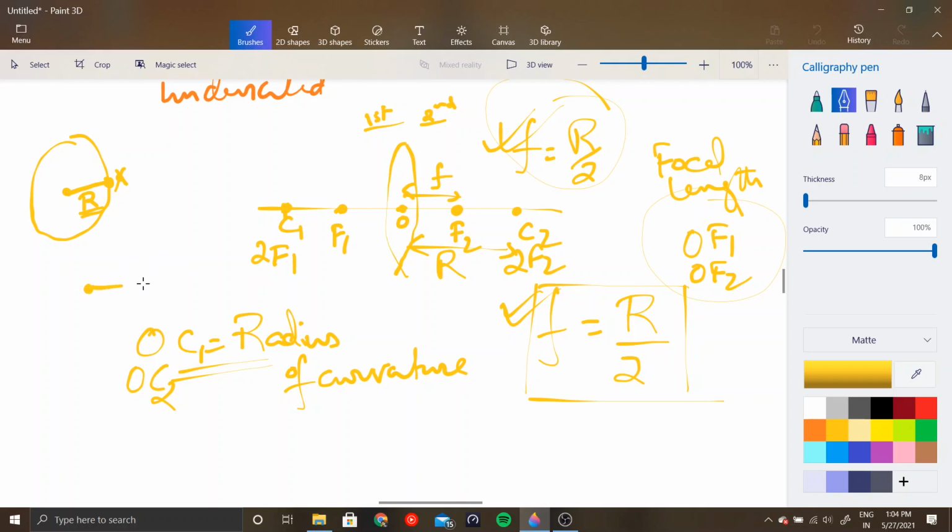Now how did it come about? See, this is simple. You have two points, the object and the origin and the center of curvature. Any ray passing is converging at this point. So what can be the best possible point so that the maximum rays converge? It obviously will be the focal length.